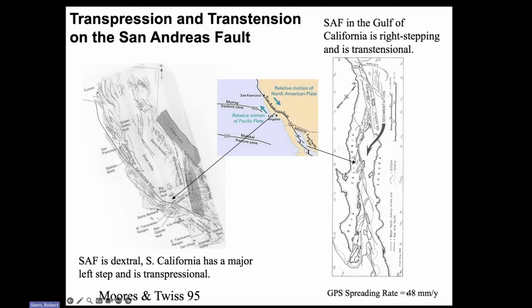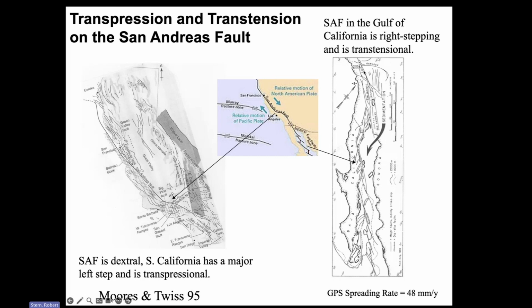GPS can measure the spreading rate of about 48 millimeters per year. Anybody want to take a guess at whether that's fast spreading, slow spreading, or intermediate spreading? Anybody got an opinion? Well, 40 is less than the 70, so probably maybe intermediate. Yes, this is an intermediate spreading rate. Very good. And then a little bit farther north,